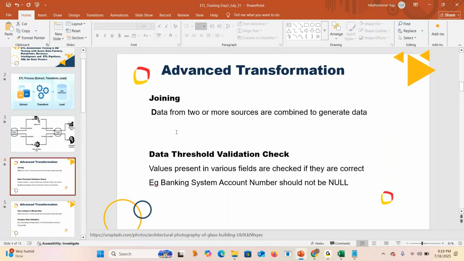Okay, fine. So other than that, what all the extraction techniques did we see? Partial extraction, full extraction. So what about the delta load? We discussed that in delta load, only the updates are coming. Okay, fine. Then we also discussed the basic transformations, right? Data cleansing. Everyone is aware of those techniques, right?